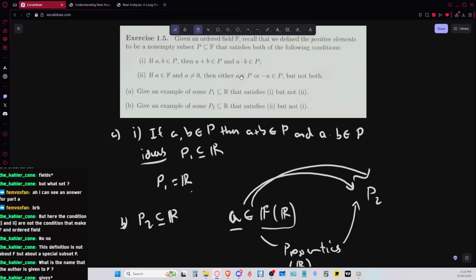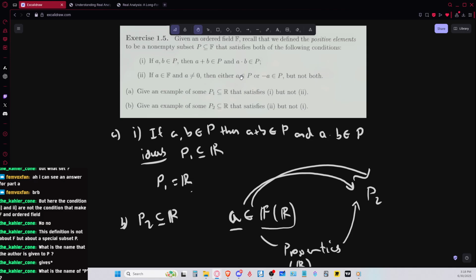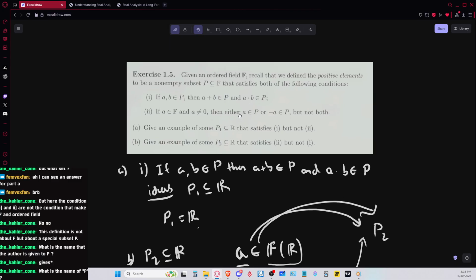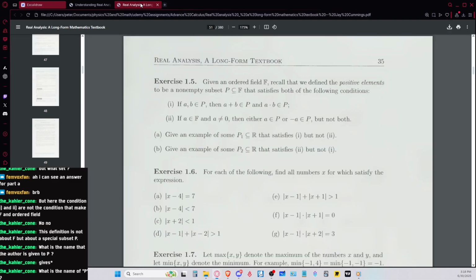Are you asking about who's the author of the book? Oh, what is the name of P in this case? Well, according to the way the question is stated, it says it's the positive elements, but in the book,